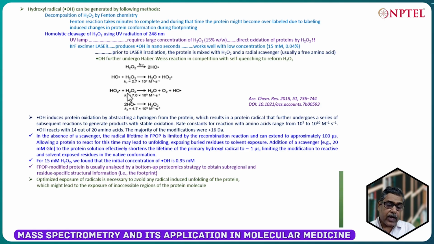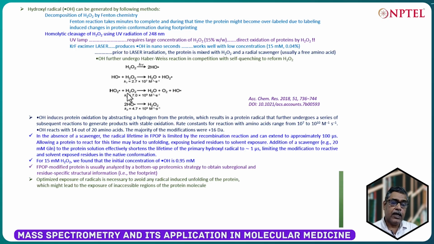Meaning, we are planning in such a way that OH dot should react, but we don't want overreaction, right? Over-labeling we want to avoid. So, for 15 millimolar H2O2, we found the initial concentration of OH dot is in the range of 1 millimolar,